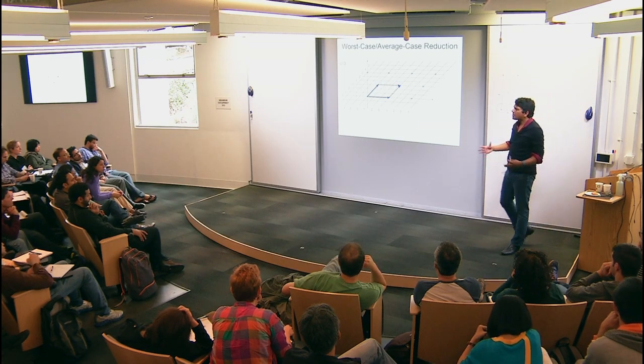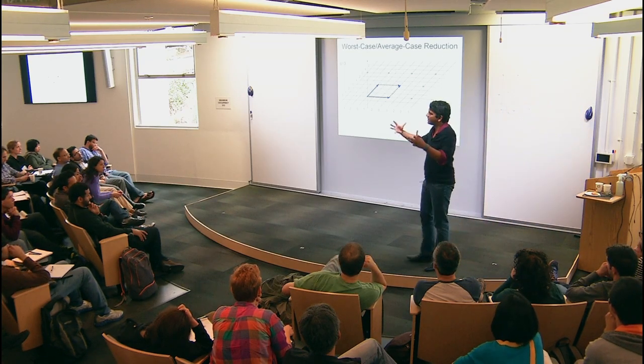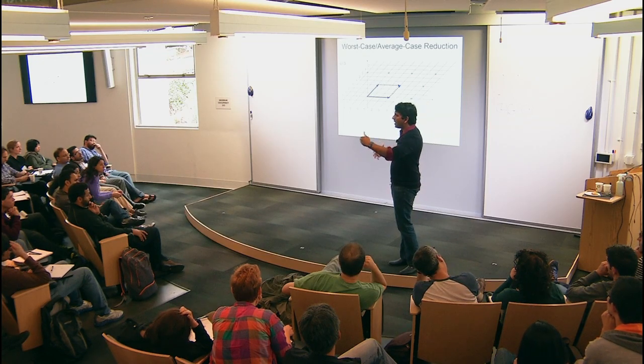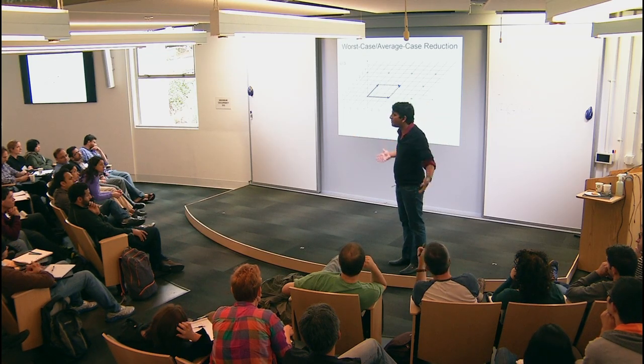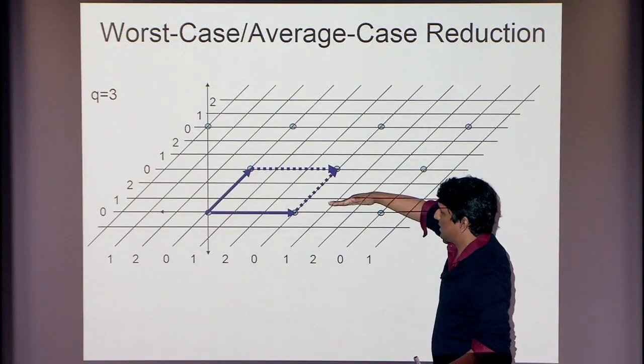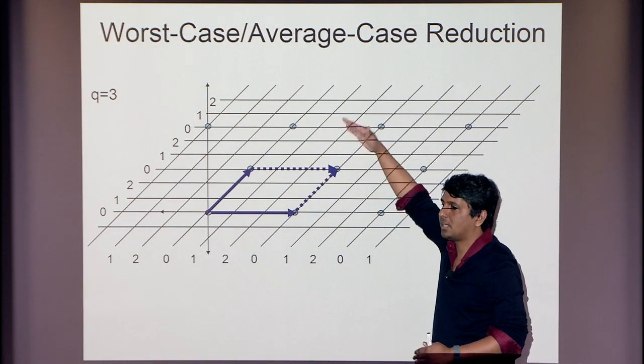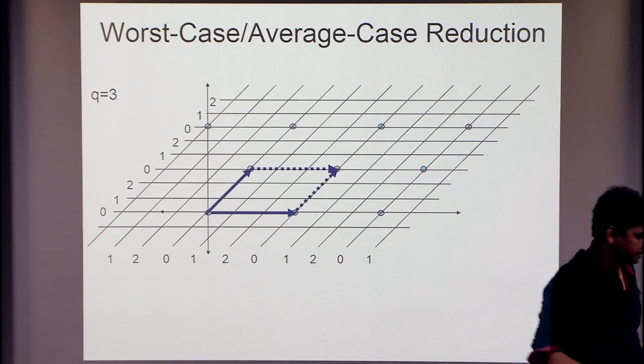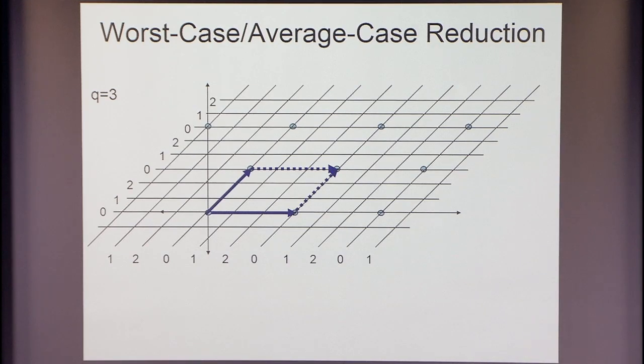So q, there's no restriction on q. q doesn't define a hard problem. q only has to be large enough. Anything larger than a certain number is good enough, right? That tells me a lower bound on how fine-grained this division is. Okay, so that's the first thing I do. So far, so good.